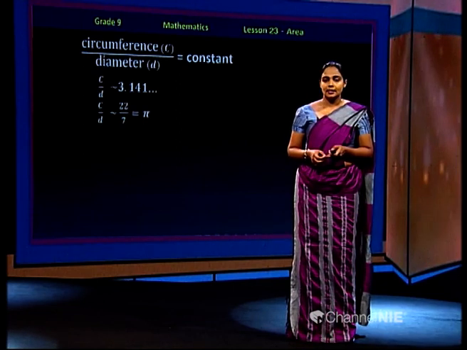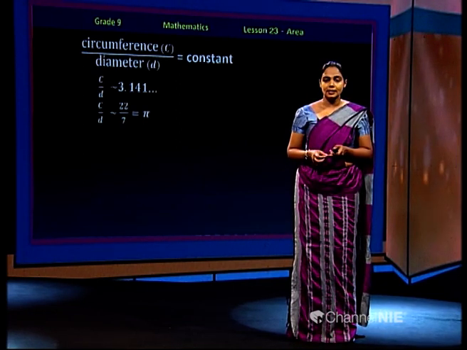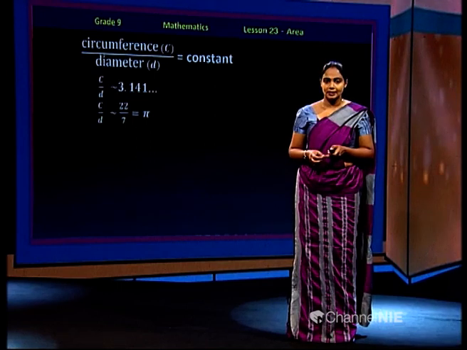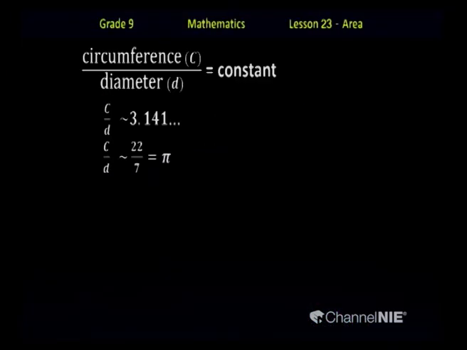Then in maths, we are using the symbol π. It is represented on the screen. It is used to show C over D. It is a Greek symbol, a popular symbol in maths. The value is given as 3.141 or 22 upon 7. Now let's write it down: C over D equals π.